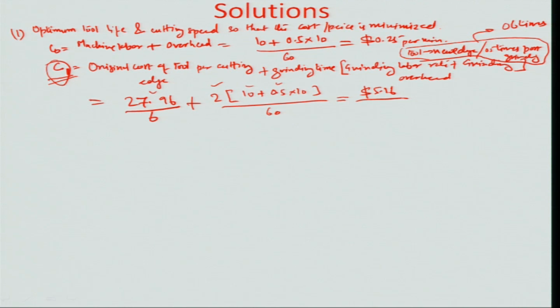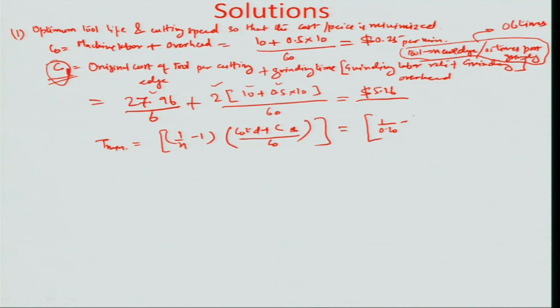We already know that for the minimum cost per piece model, the T minimum has been illustrated earlier as 1 by n minus 1 times of the (C0 TD plus C1) divided by C0. So in this particular case the n comes out to be equal to 0.20. So we have the T minimum here as 1 by 0.20 minus 1, times C0 which is $0.25 a minute,